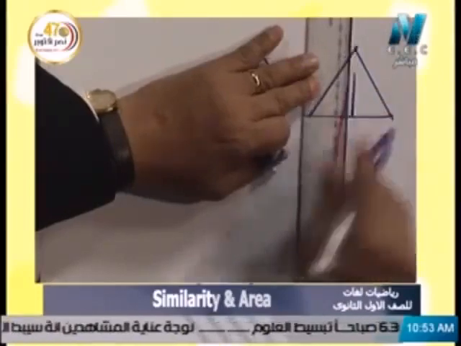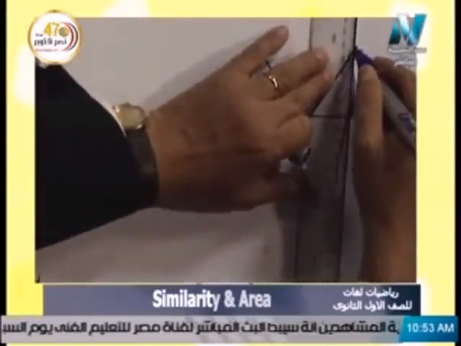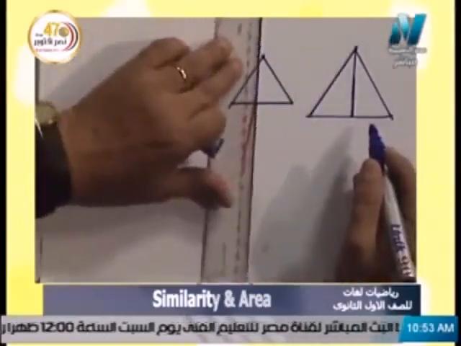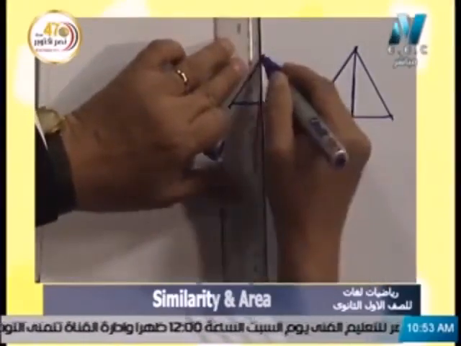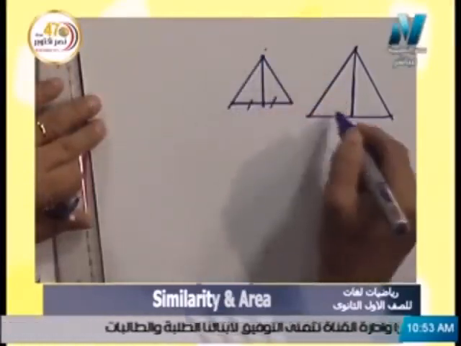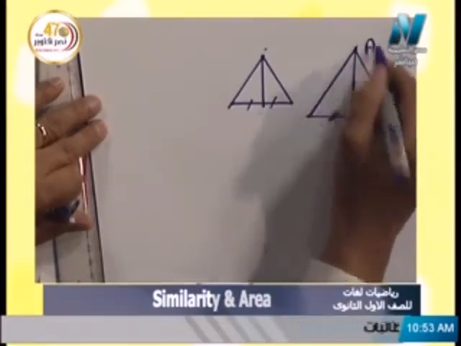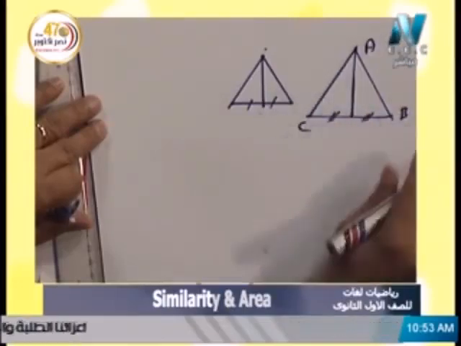Do you know about medians? What is the median of a triangle? Remember, the median of a triangle is the line segment joined from the vertex of the triangle and bisecting the opposite base. So if we have triangle ABC here,